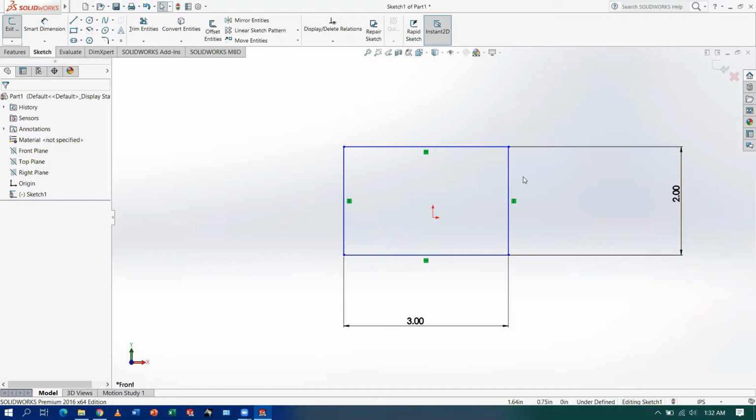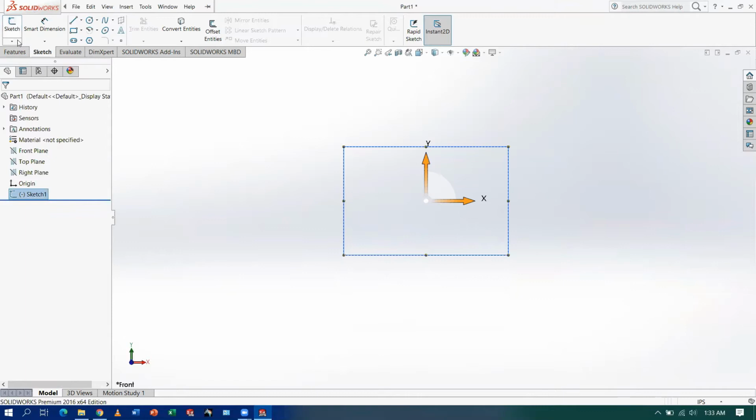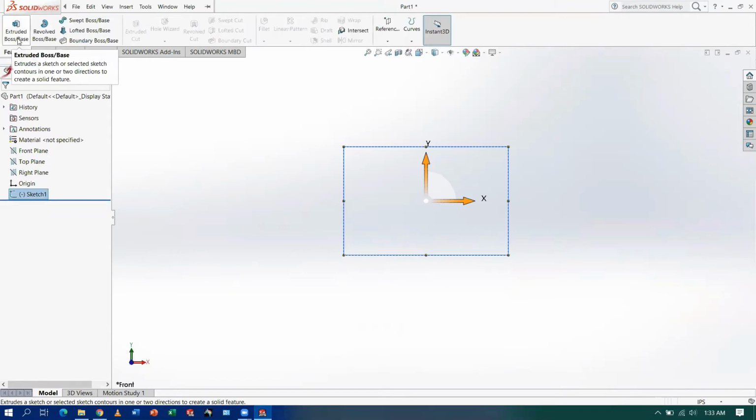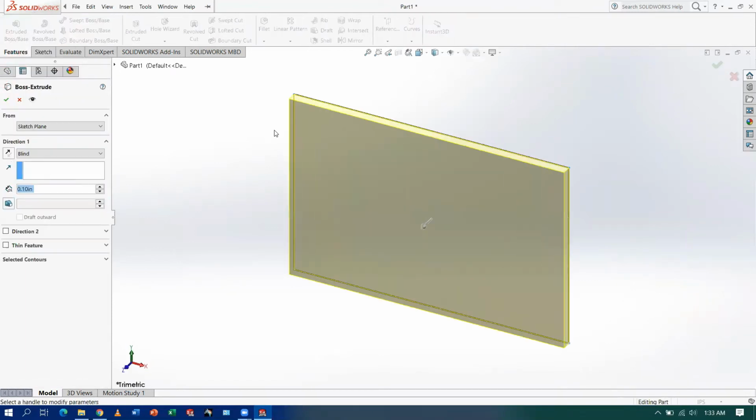This is a rectangle. What I need to do is convert this 2D sketch into a 3D part. So go to Exit Sketch, go to Features, go to Extruded Boss/Base, and then the 3D part will be available here.